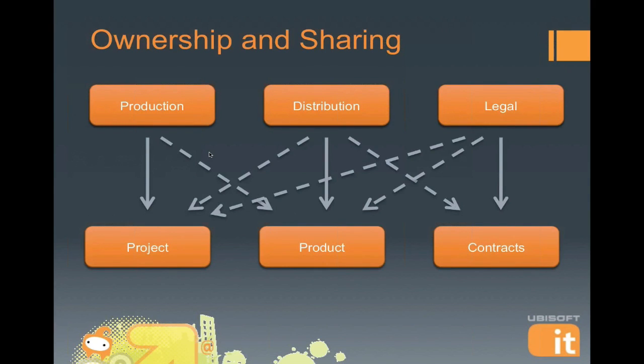So from an organizational standpoint, to give you an idea from a production, distribution, and legal standpoint, the places where we have multiple links across, as well as very persistent or consistent ownership. The production team owns projects, the distribution teams own the products, and then the legal teams own the contracts. And it's important